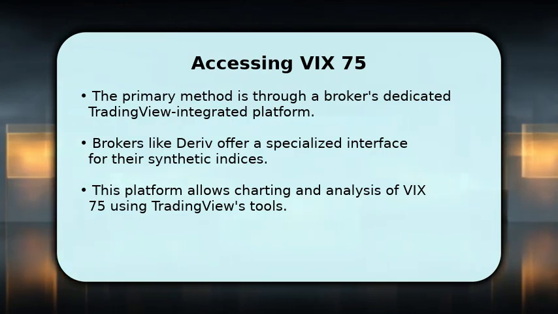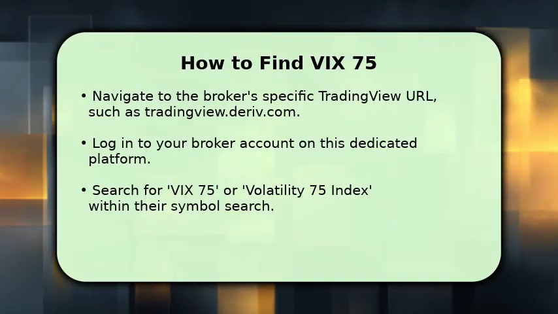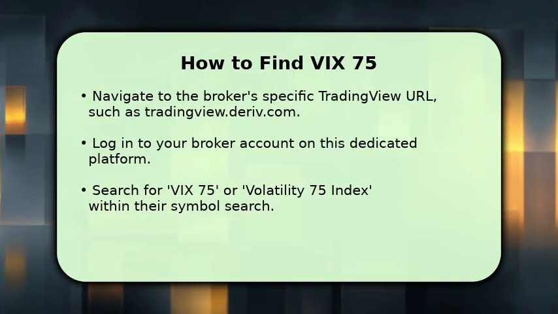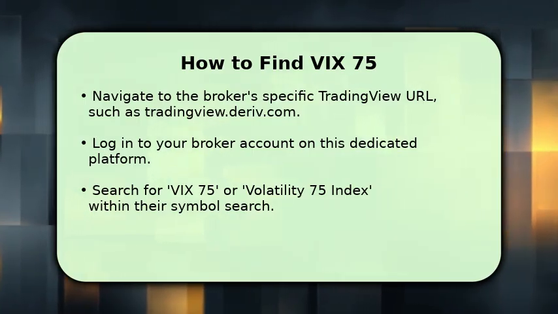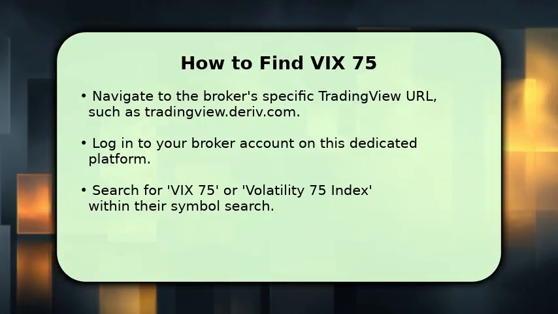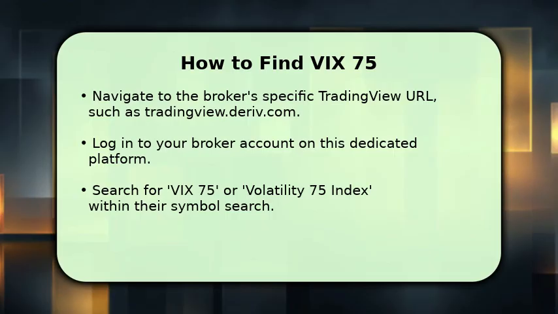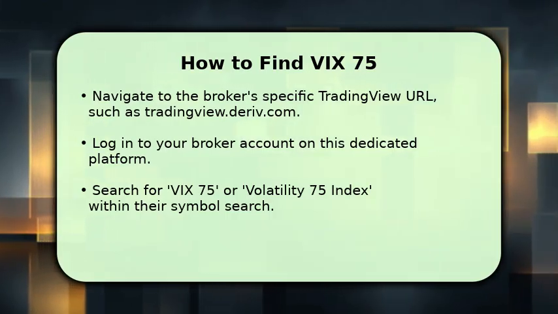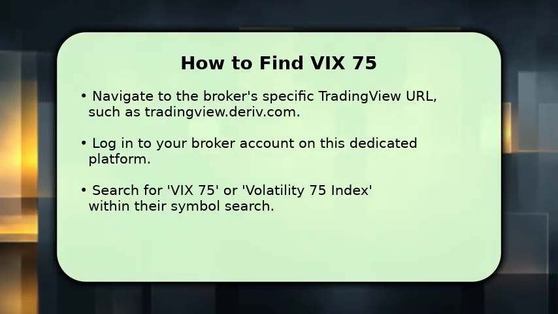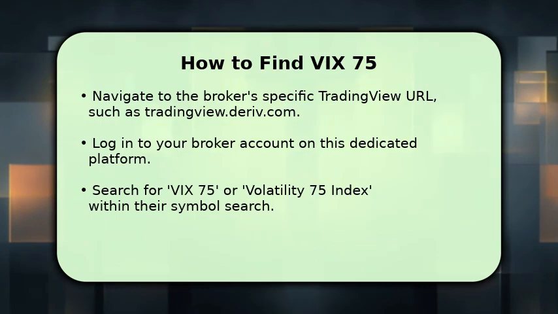their ecosystem. To find VIX 75, begin by navigating to your broker's specific TradingView integrated website, for example, TradingView.Deriv.com. Once there, log in using your existing broker account credentials. After logging in, locate the symbol search bar, typically at the top left of the screen. Type in VIX 75 or Volatility 75 Index to bring up the instrument and add it to your chart for